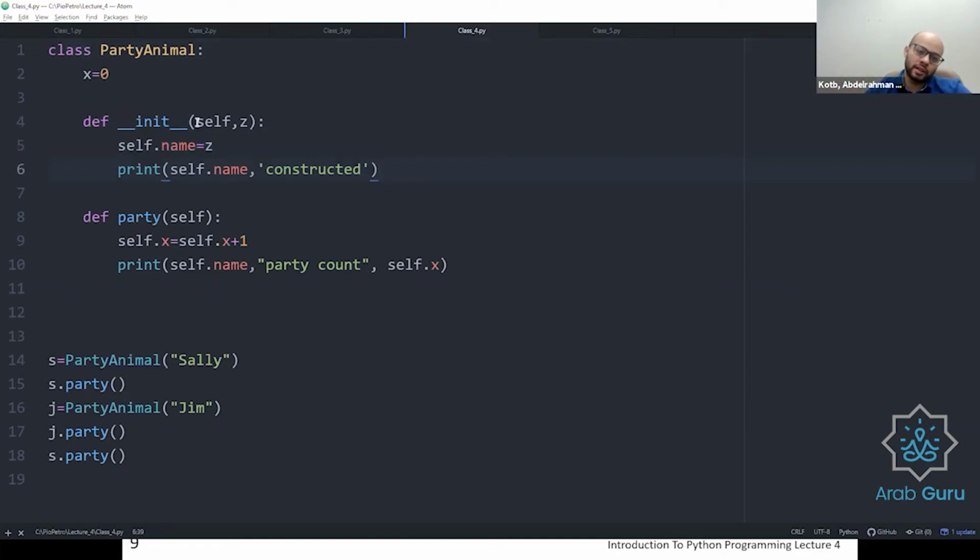Here I'm saying init self, you always have to put it. This does not mean you have a variable, but here the variable that we have is going to be z. And then we say self.name. So we are saying that this class has a feature name, which is going to be equal to z. And once this class is initiated, I'm going to say print self.name. So the name, the z that I put, is constructed.